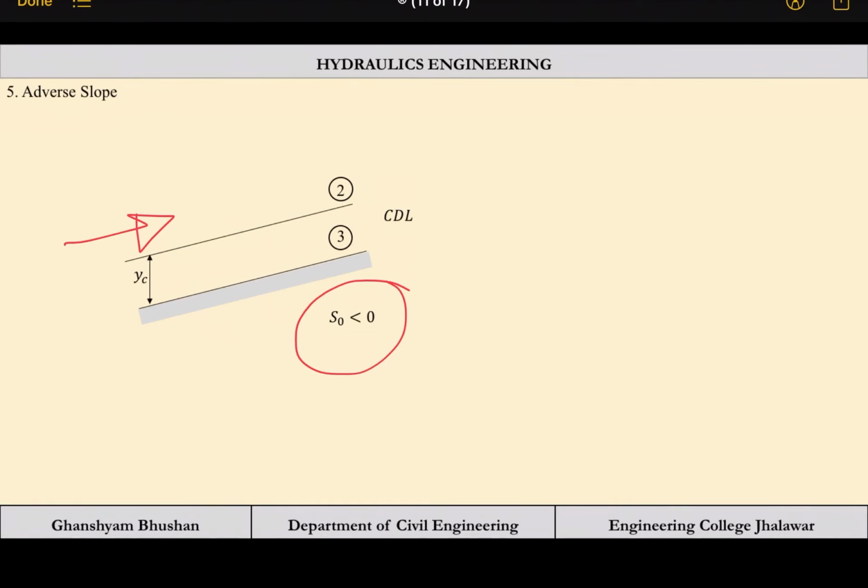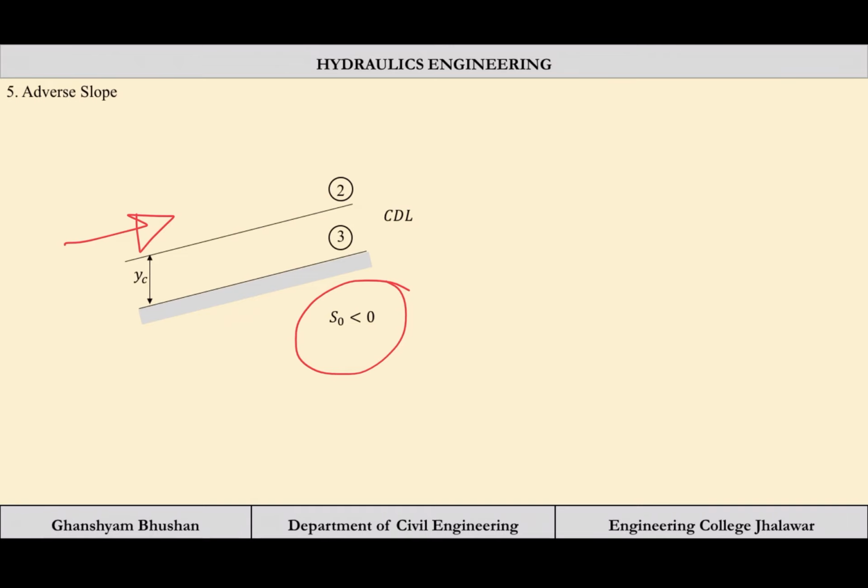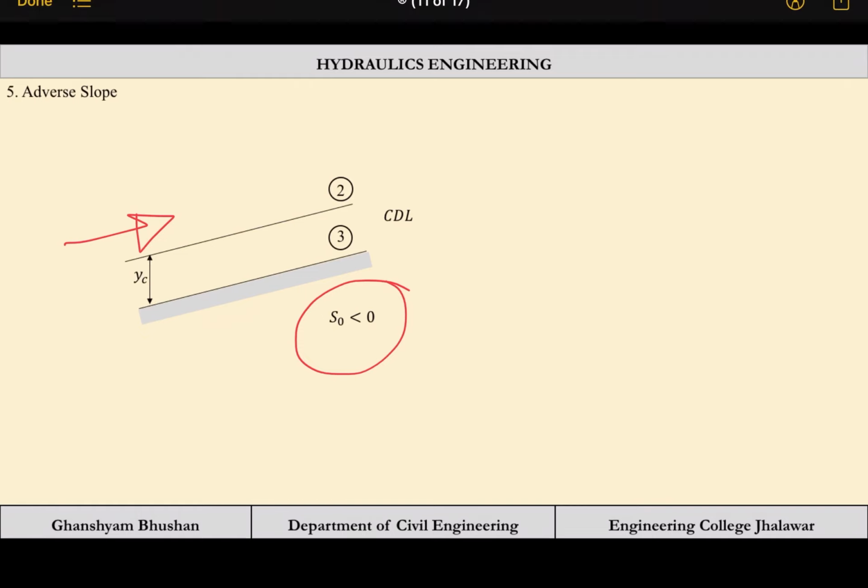So this is for today. In the next lecture we will be seeing the flow profiles of various sections. We will use the formula dy by dx, and we will first convert this formula in terms of y, yc and y0, and then it will be very easy to check whether dy by dx will be 0, greater than 0, or less than 0. If we have the qualitative information, then we can easily plot the profiles. This we are going to see in the next lecture.